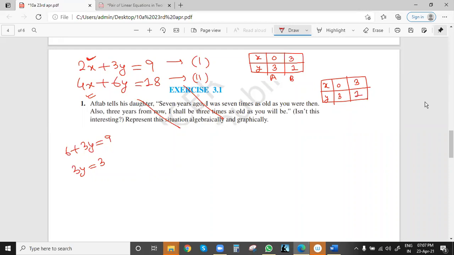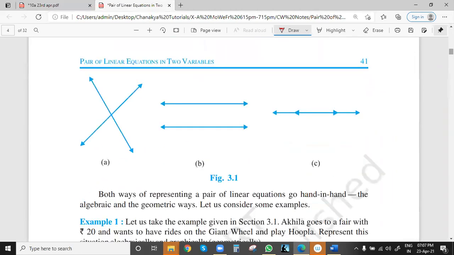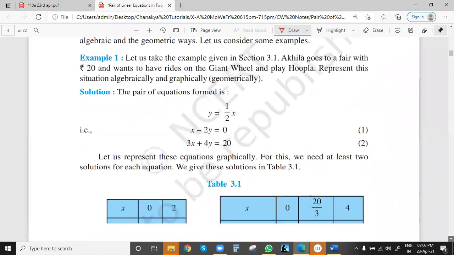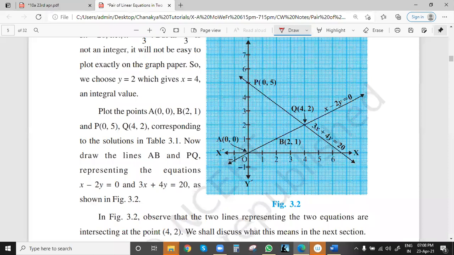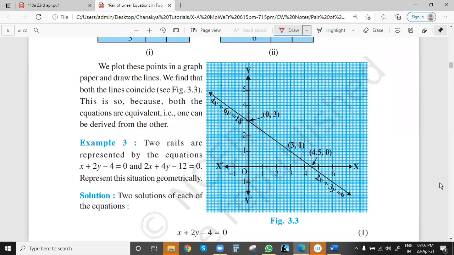So on the graph, if we see both the lines together, then infinitely many solutions will be there. Here also it is given. We have studied that when lines cut at one point, there is a unique solution. Parallel lines give no solution, and here we have coinciding lines, so infinitely many solutions. In the first case the graph was cutting at the solution point 4, 2. In the second case both the graphs are coinciding.